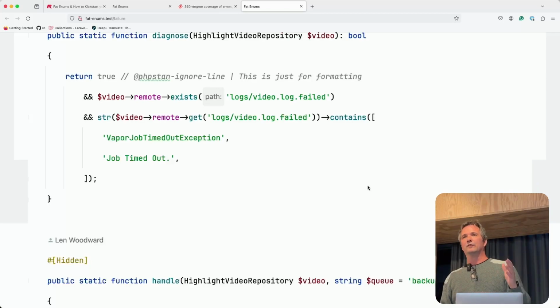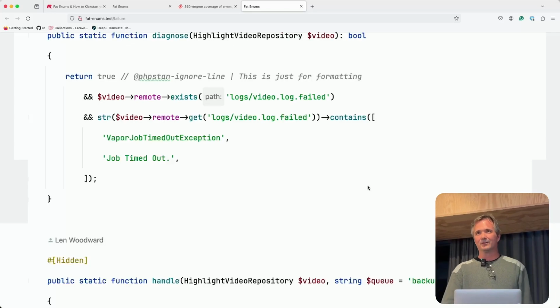But it's just this constantly improving system where we never really have to battle the same thing a second time. Once we find a way to identify it and fix it, it stays fixed. And all of this is done basically in an enum. It will add a bunch of different handler classes, but